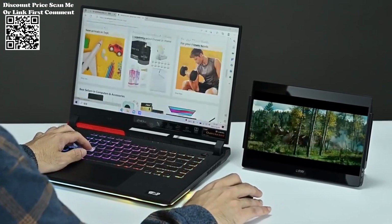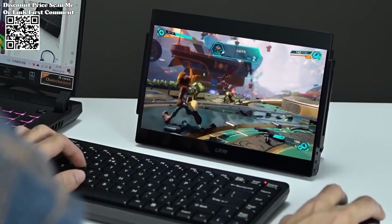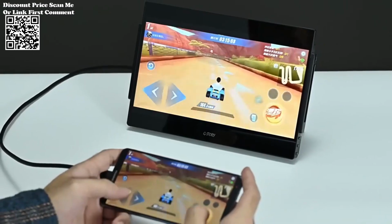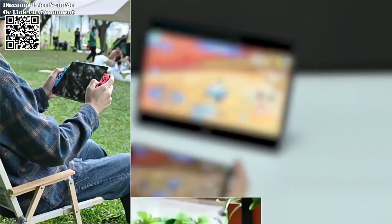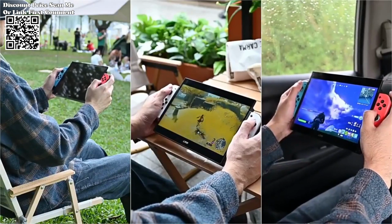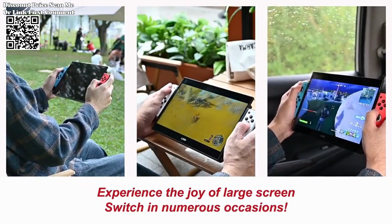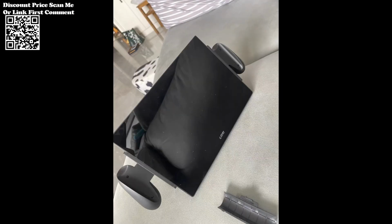or responsiveness. With a response speed of 8 milliseconds, the G-Story monitor offers swift and accurate image transitions, minimizing motion blur and ghosting for a seamless gaming experience. Whether you're engaging in high-octane action sequences or navigating through intricate landscapes, you can count on this monitor to keep up with the pace. The screen's 16:9 aspect ratio provides an immersive viewing experience, perfectly suited for both gaming and